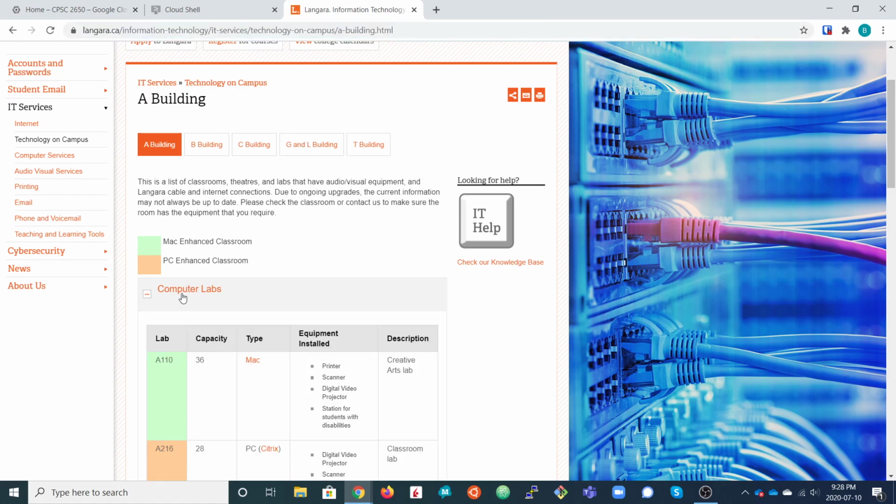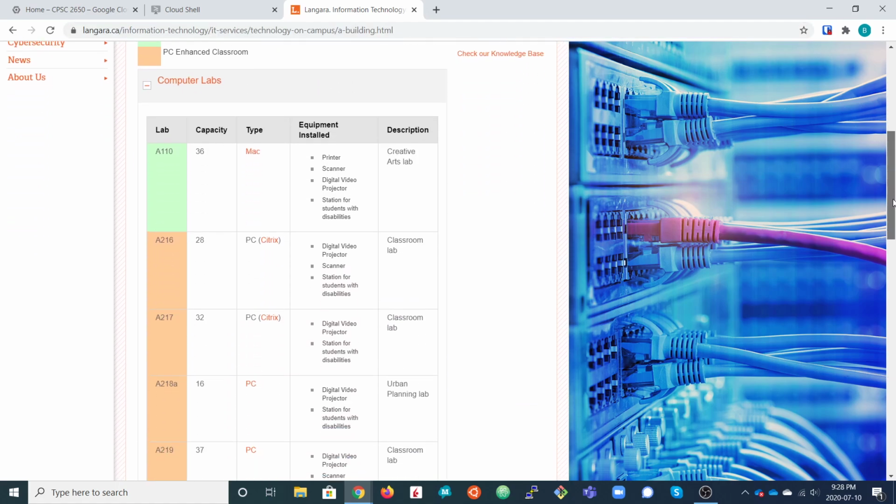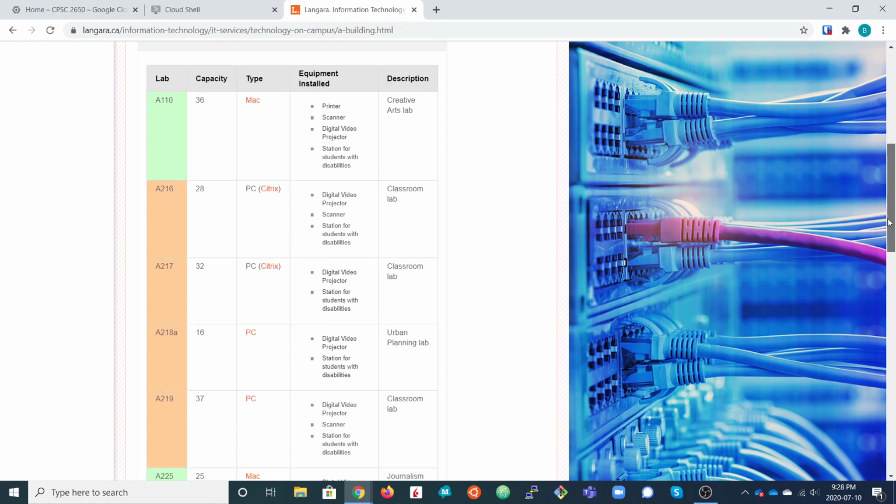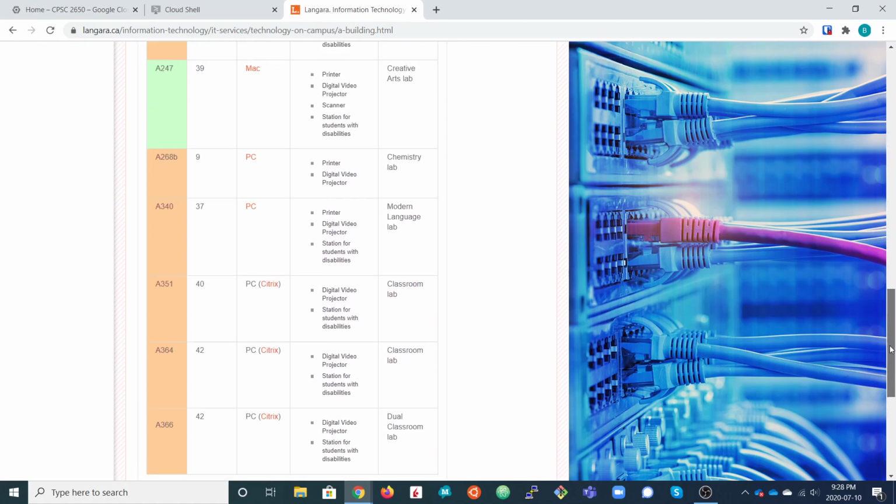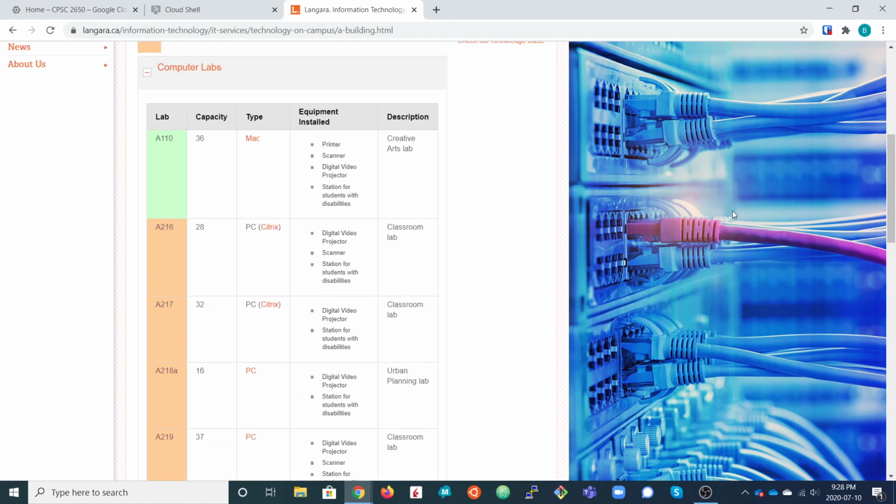So in this case, if we expand this table, for the A building there are many labs. I'm not going to count them up, but you get the idea. What we're really going to do is write a program that parses the HTML in this page and counts up the number of rows in the first table, the computer labs table.